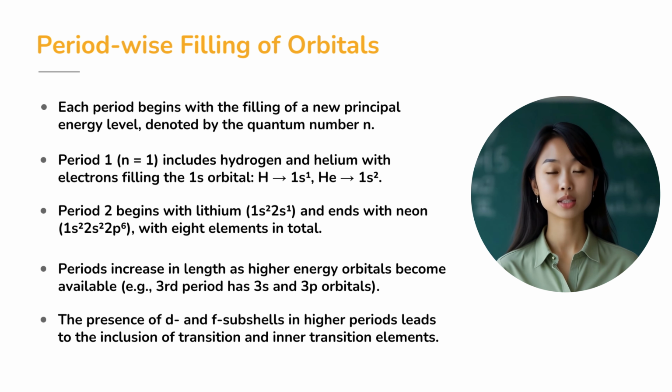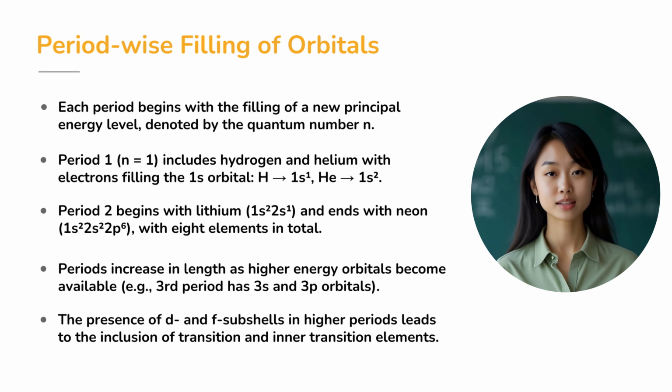A period in the periodic table signifies a new energy level being occupied by electrons, and this starts with the lowest one, n equals 1. For example, hydrogen has the configuration 1s1 and helium has 1s2 that completes the first shell, and hence, period 1 has just 2 elements. When we step into the second period, lithium begins the filling of the 2s orbital, and as we move right, we fill the 2p orbitals, finishing with neon at 2s2 2p6. This gives us 8 elements in period 2.